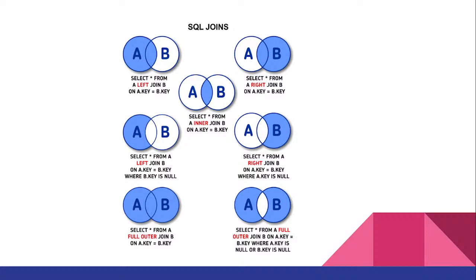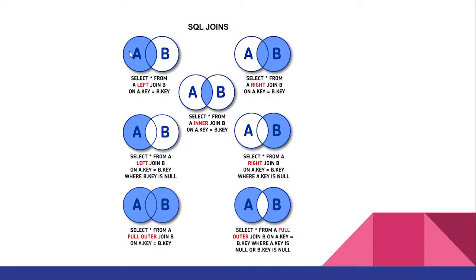If you are not very well equipped with these Venn diagrams, they are just a mathematical operation, a function where two different circles represent two sets of data. Here it is a table itself, so each circle here is a table. Now when we are joining, what are we joining? When we say left join, what is it? We'll see in just a while.